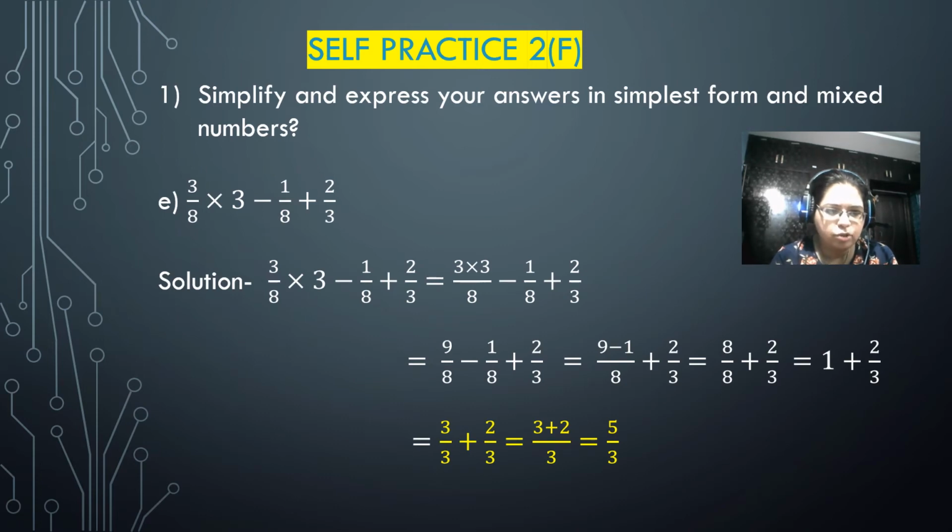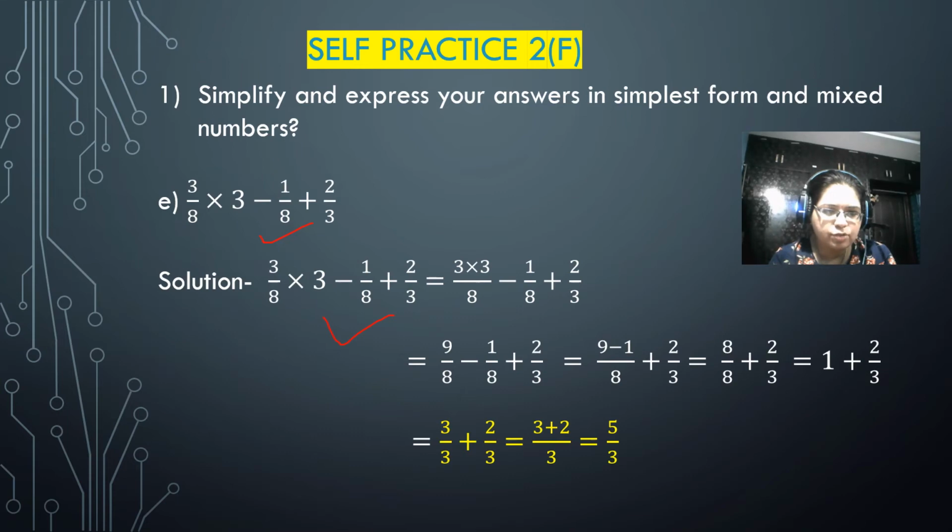Now we solve question number 5(e): 3/8 × 3 − 1/8 + 2/3. We have to simplify this expression in the simplest form or mixed fraction. 3/8 × 3 − 1/8 + 2/3 equals,